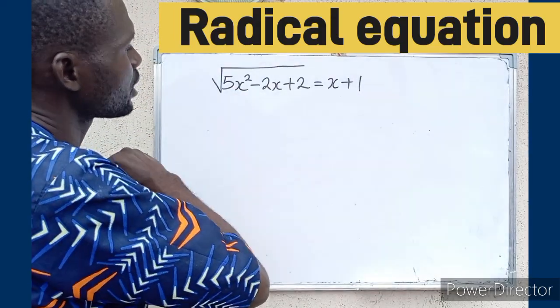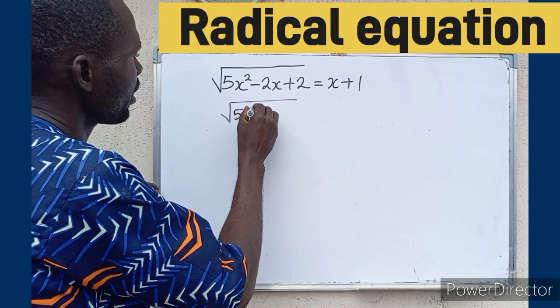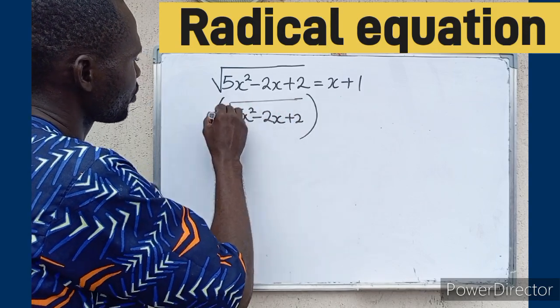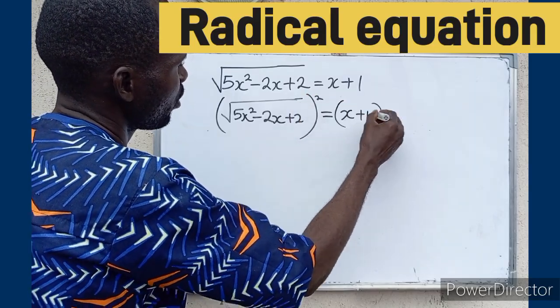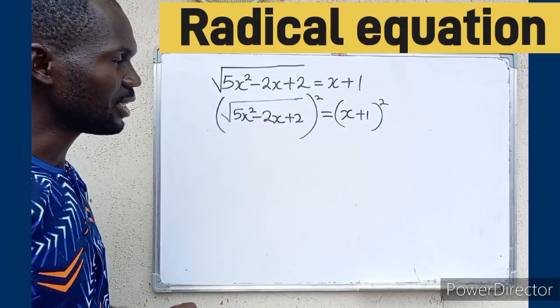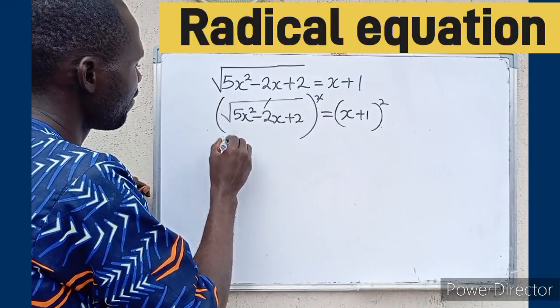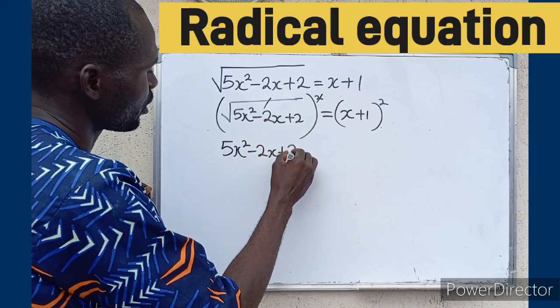So when we do that, we're going to have something like this: 5x squared minus 2x plus 2, all squared, equals x plus 1, all squared. By doing this, this square cancels the square root. So we're going to have 5x squared minus 2x plus 2 equals